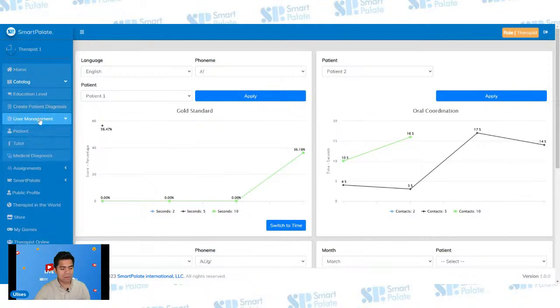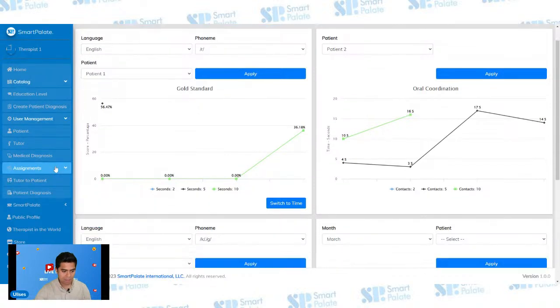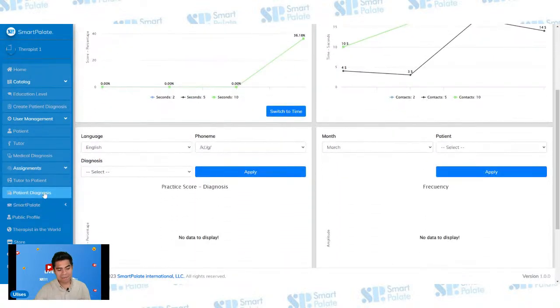We have the user management. The difference between the main user and this one is that here it will be patient. You won't be able to create any other therapist, but this one is the one that you will use, patient, because you will work with patients. So you have the tutor information, medical diagnosis, the assignment, and also something that I didn't mention in the previous